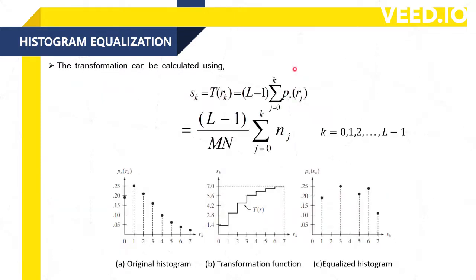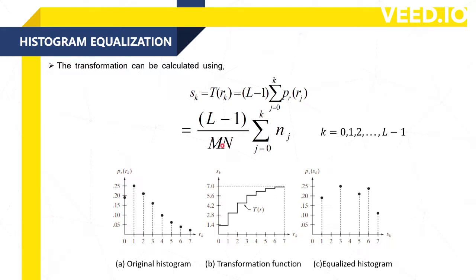To find the transfer function of histogram equalization, we use this formula where L minus 1 times the summation of P of r from 0 to k is taken. Here, the summation refers to the cumulative distribution function for each intensity value. Instead of using probability, we can simply write it as nj by M into N. Here, nj is the number of times the pixel occurs for each intensity value, and M into N is the